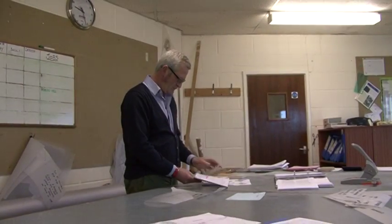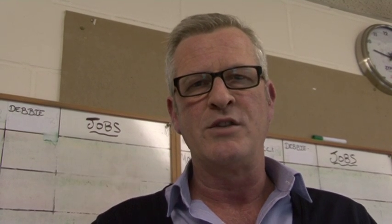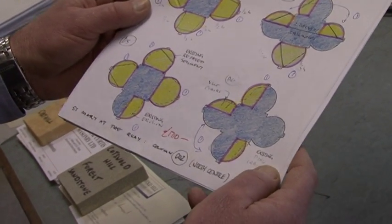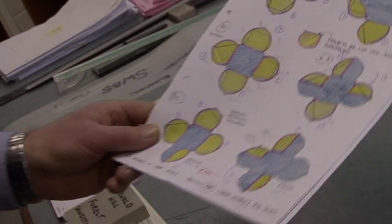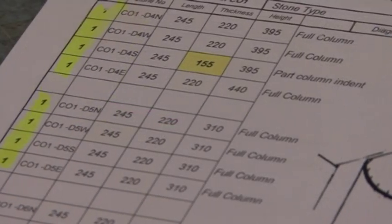Well, it all starts in this office, which is the drawing office, and it's my job to coordinate the requirements on site for stone through the workshop so that we get the right details as requested by architects and builders. If I just run you quickly through the process. This is the architect's sketch detail of the quatrefoil columns, showing his requirement for replacement in the hatched yellow. We then detail that and produce a schedule with the actual exact sizes for the various areas for each of the columns,